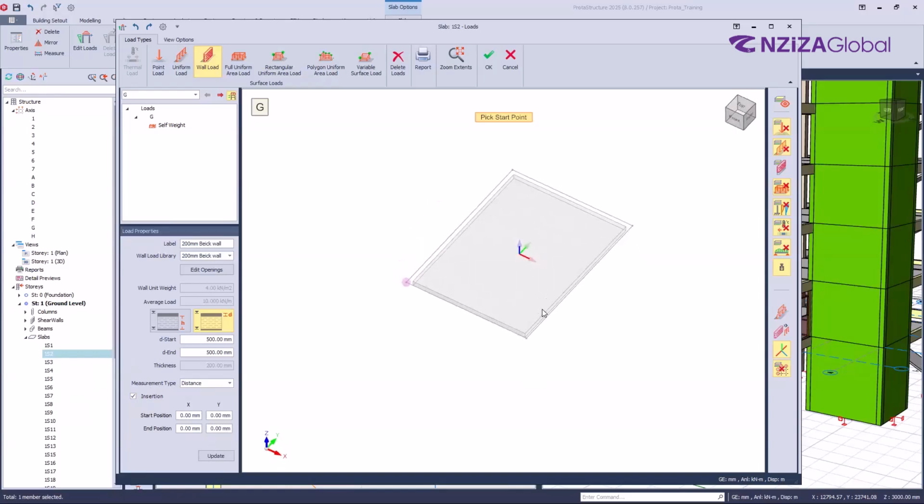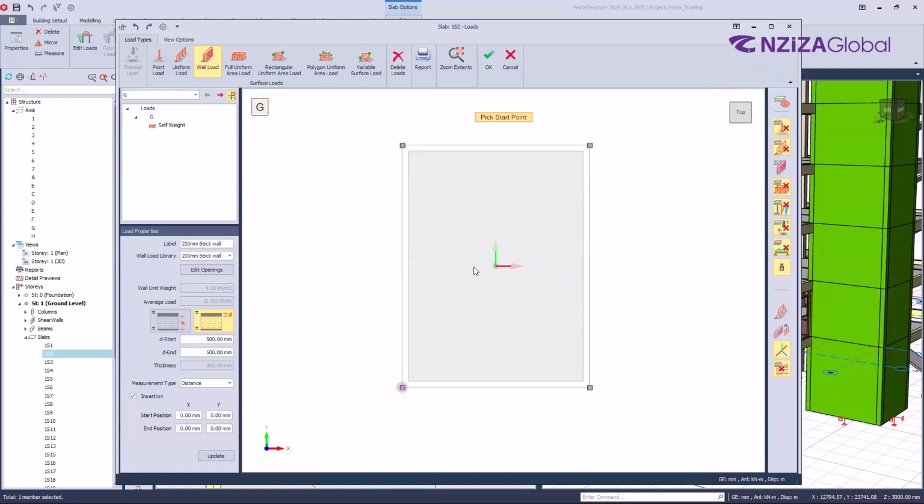So to make it clear, I'm going to use this cube here. You see the cube here? I'm going to click on top so that I will have the top view of my slab. And remember, we wanted to place a wall which is spanning here in the middle. To do so, we have to use these coordinates here,